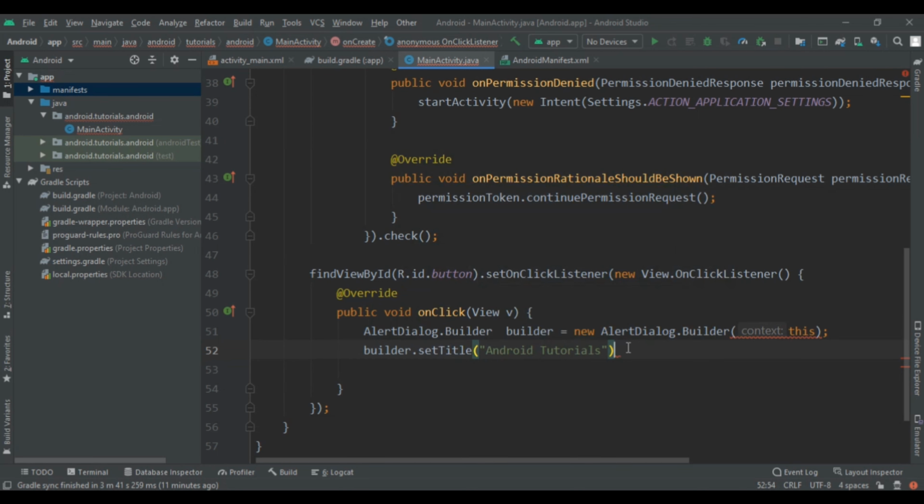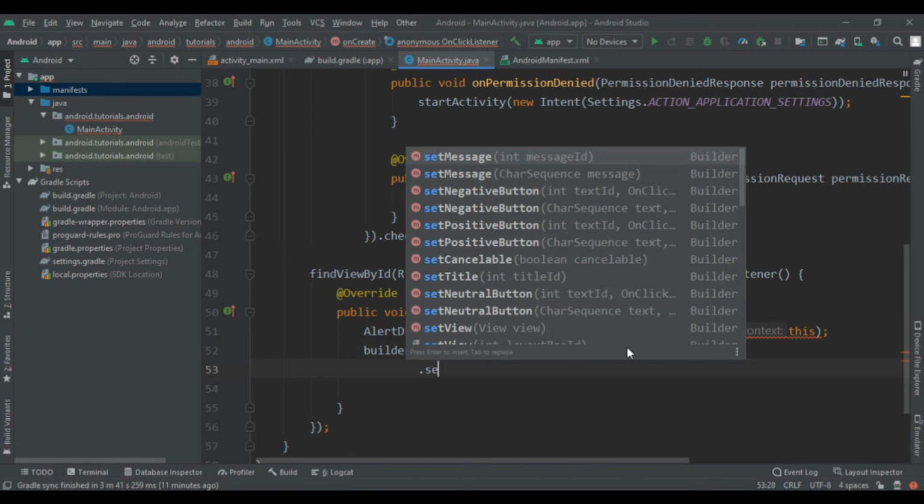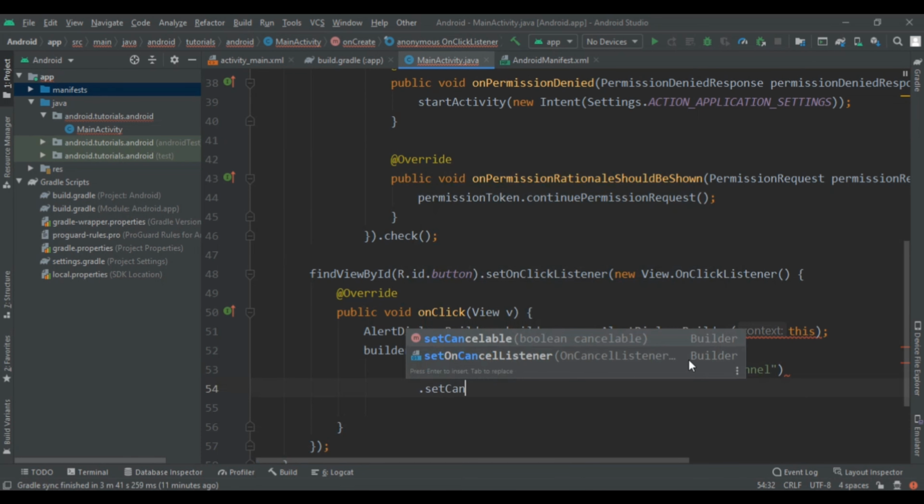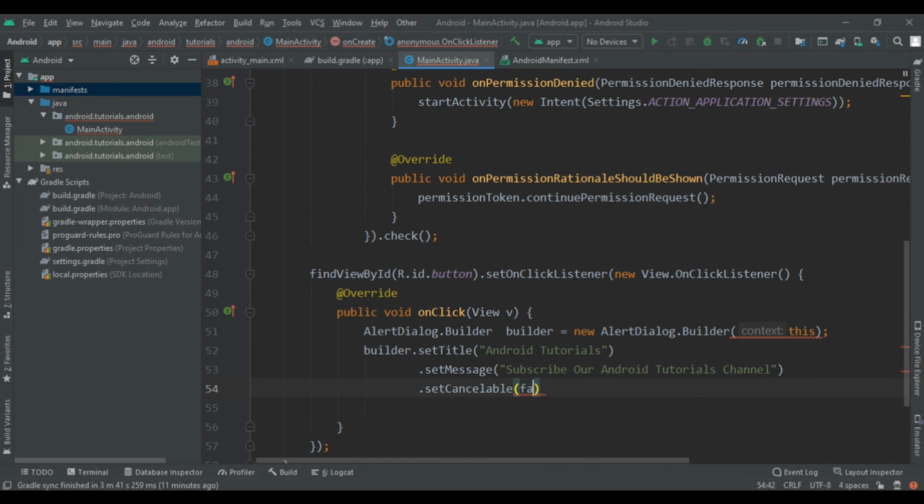After we are going to give its message. My message is subscribe our channel. After I am going to write dot setCancelable to be false, so our alert dialog does not cancel itself when the user clicks anywhere else outside our button.